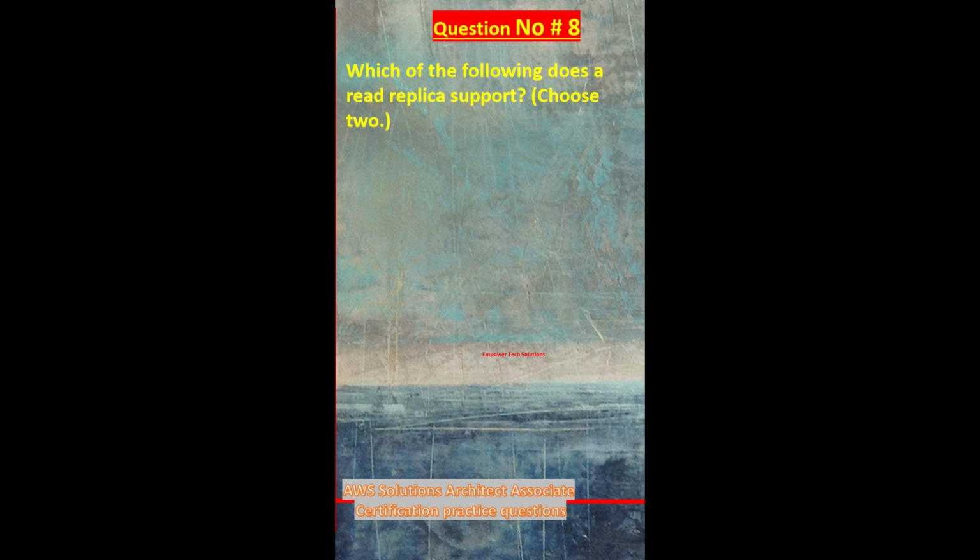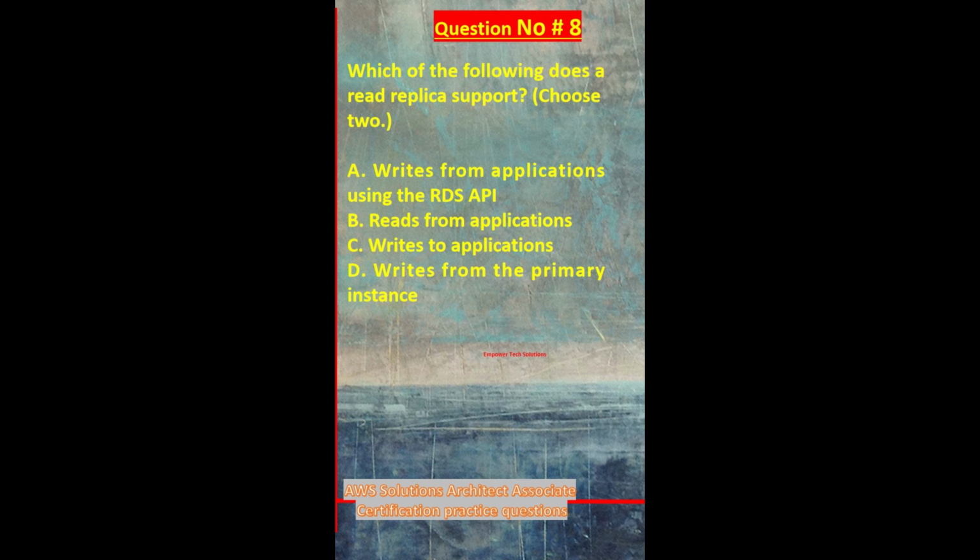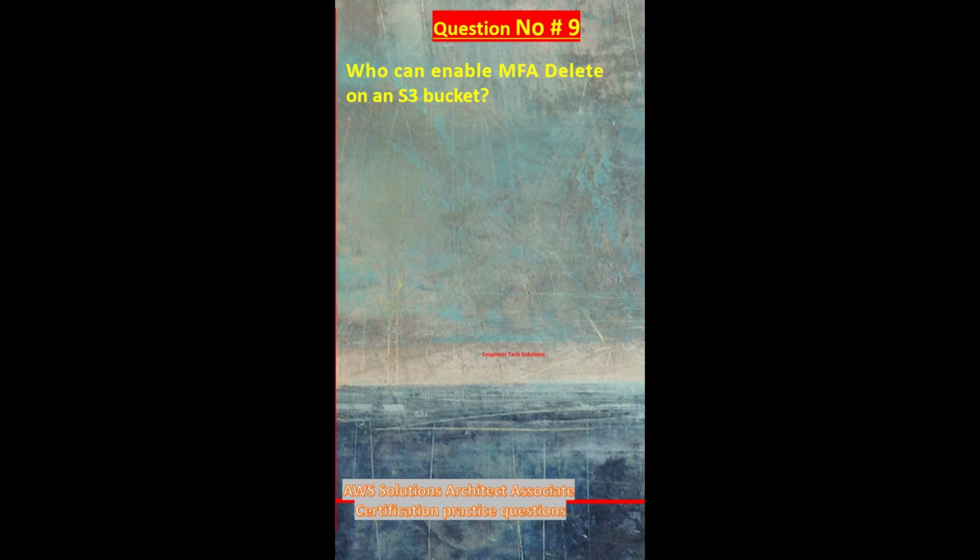Which of the following does a read replica support? Choose 2. A. Writes from applications using the RDS API. B. Reads from applications. C. Writes to applications. D. Writes from the